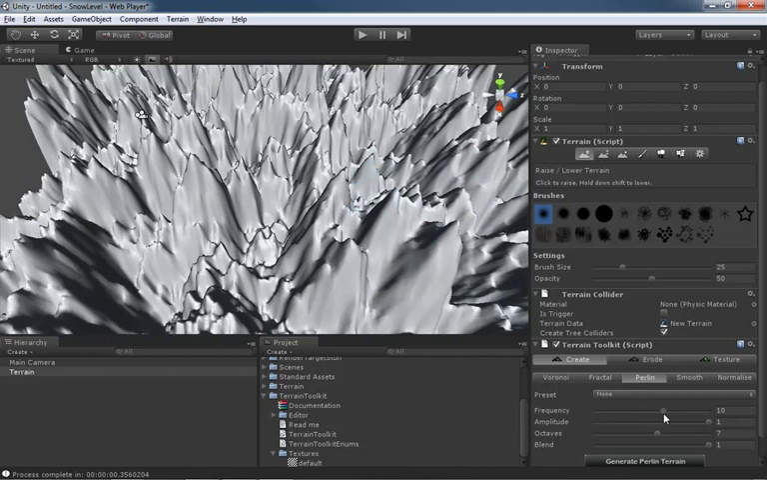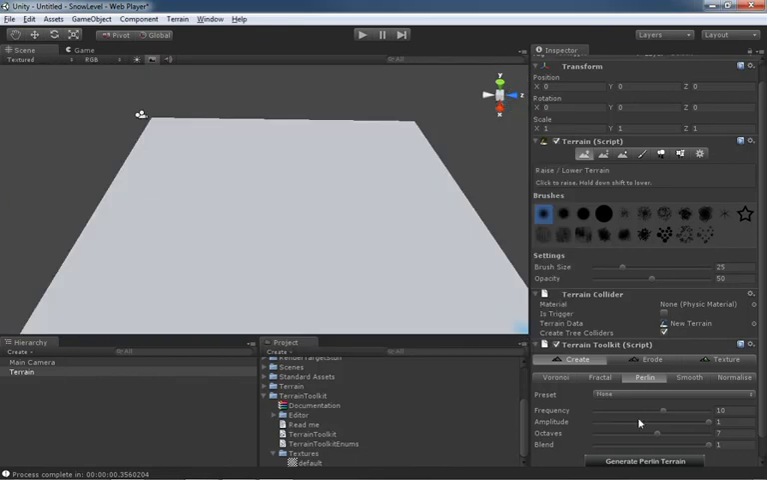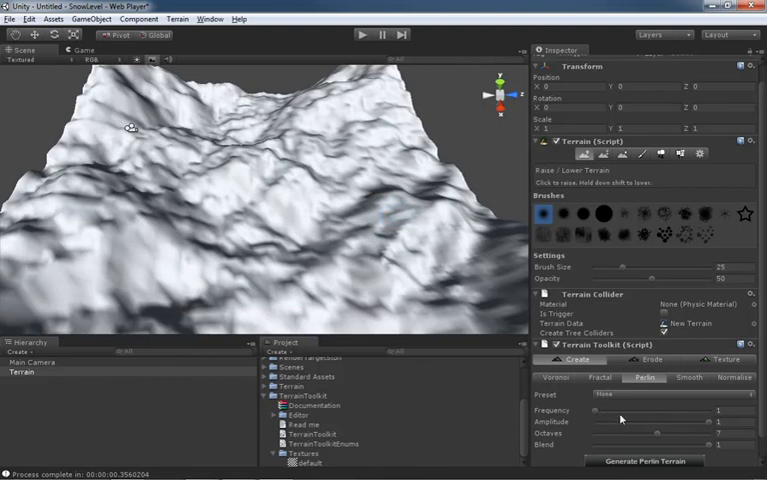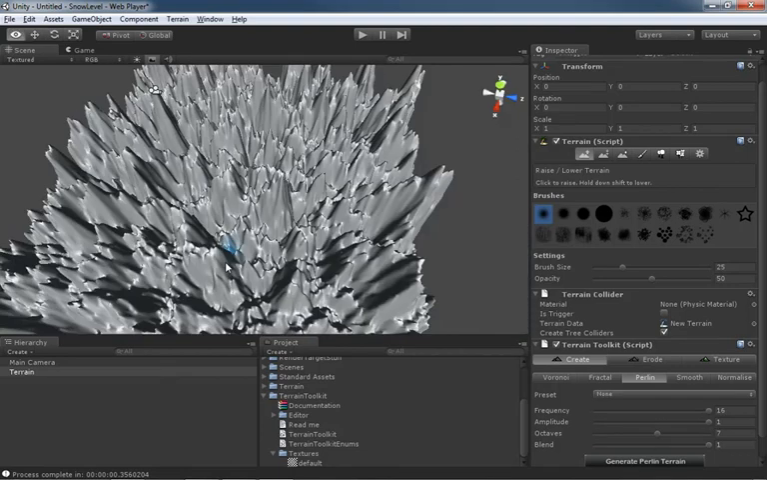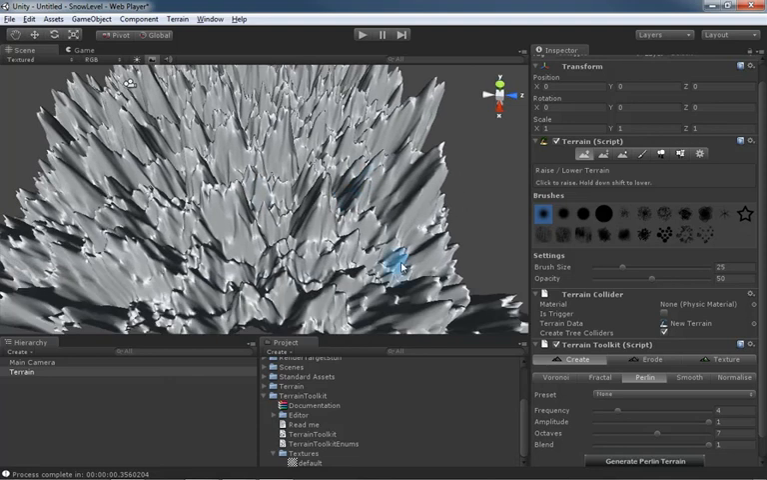We have frequency. This is literally the frequency of the noise. Now let me jump over to our terrain. I'm going to choose flatten height map and soften that down. Low frequency really just means a very gentle noise. The higher your frequency, and you can see the result there. So again, it's one of those things that you're just going to fine tune and find the one that's right